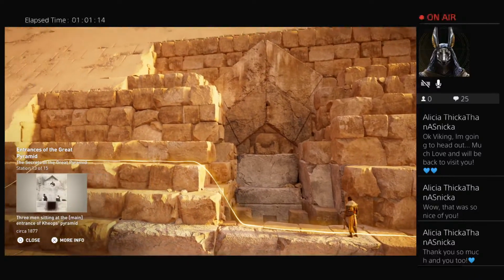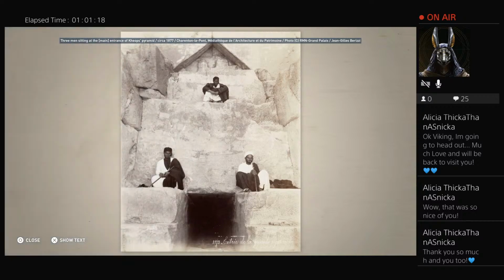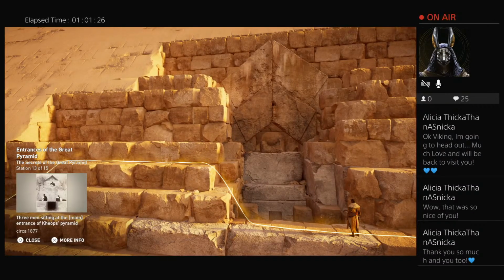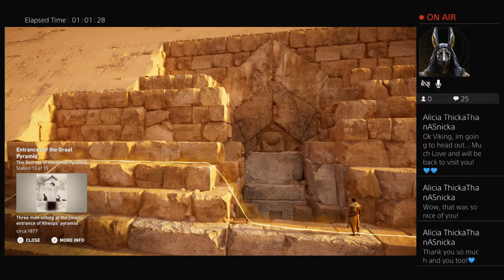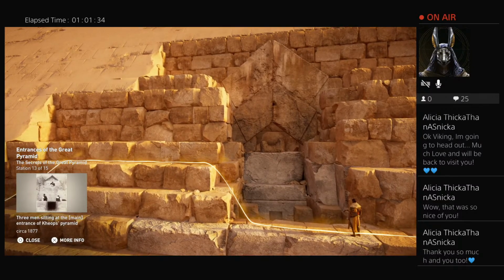The main entrance of the Great Pyramid is located 17 meters above ground level. It faces north, likely in order to align with the North Star. Though the entrance passageway had been discovered in antiquity, any further access into the Great Pyramid was stopped by massive vertical slabs of rock. As such, present-day